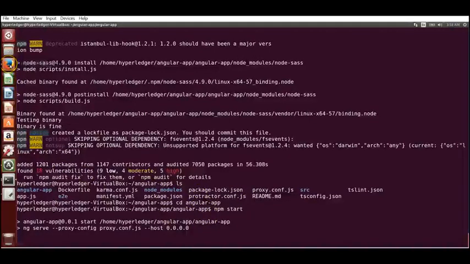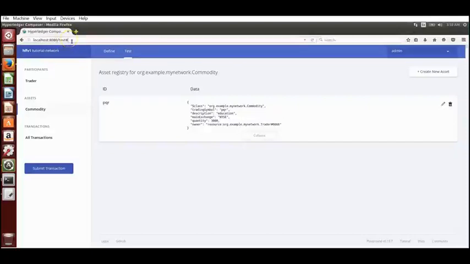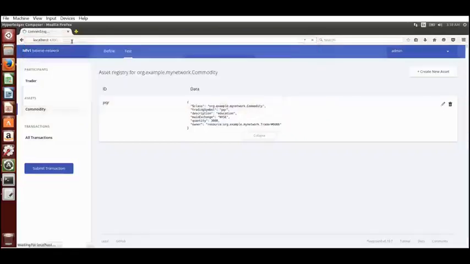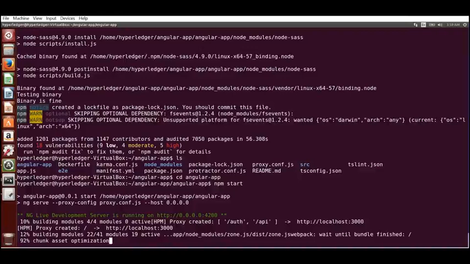I'm going to go into port 4200. It may or may not be ready. 4200, it should show the Angular app. It's a few minutes. Maybe it's still going on. Okay, it's still going on, so it'll take a few minutes.